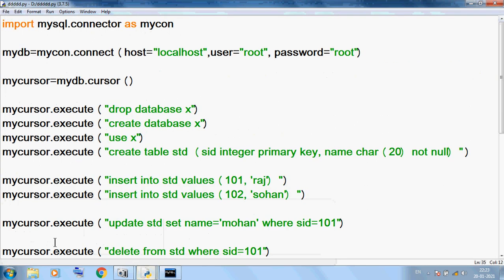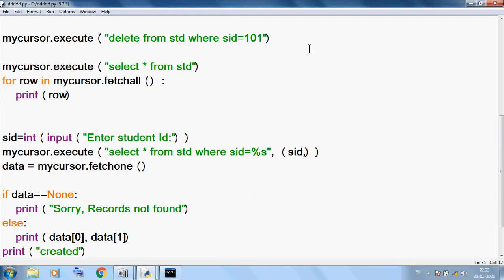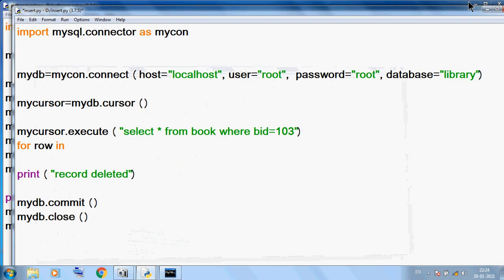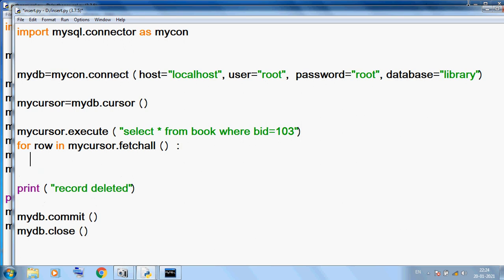So we can use simple coding: my cursor dot fetch all. Here I am using my cursor dot fetch all. Okay, simple thing we can use.